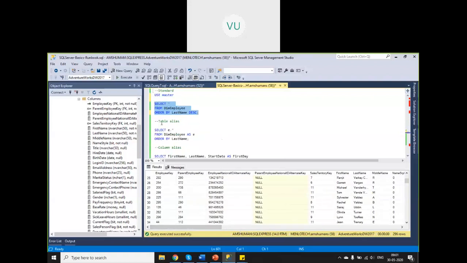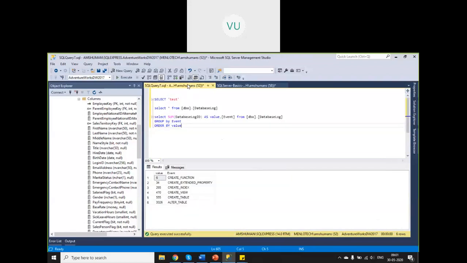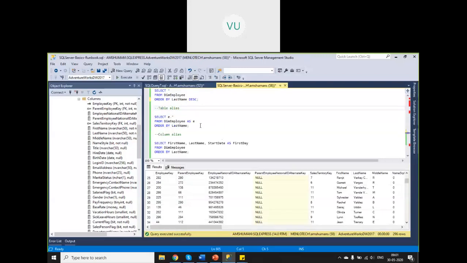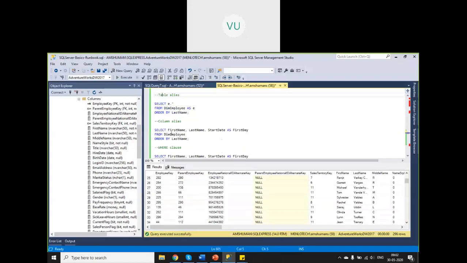Yeah. And then we'll see the next one, table alias. Here as well, we have used a column alias. Similarly, if you have multiple tables, especially when the table names are very big, like emergency contact name, emergency contact phone, you have to mention them when you are mentioning the column names and joining the tables. Alias is very useful, right? Every time you need not repeat these long table names, table name dot column name.